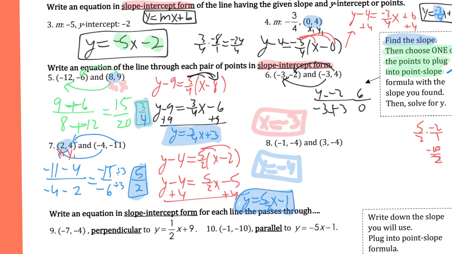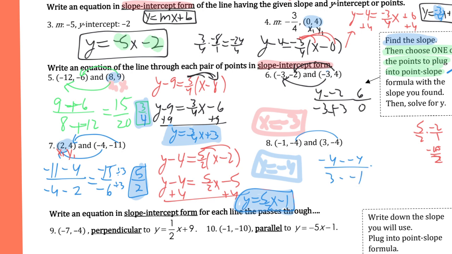If you look at the 2 points they gave you, notice both the x's are -3. Well, then that's going to be your equation. X is always -3. Same with the one below. If you find the slope between those 2 points, -4 and -4, and put a subtraction between them, 3 and -1 and put a subtraction between them,